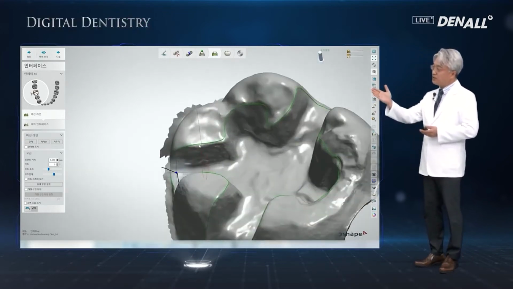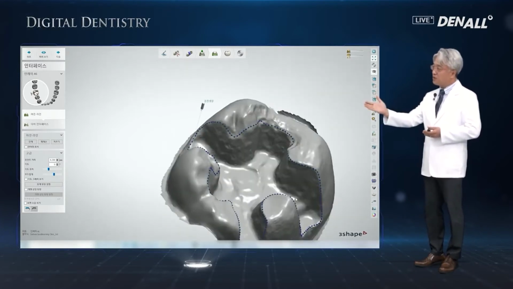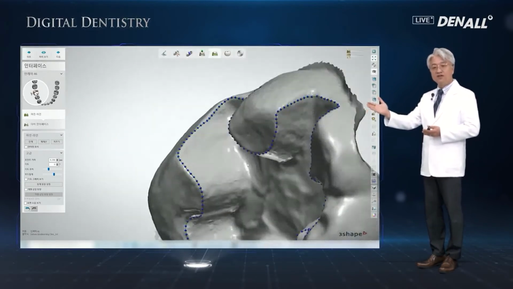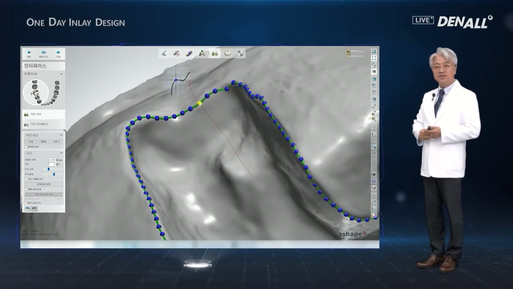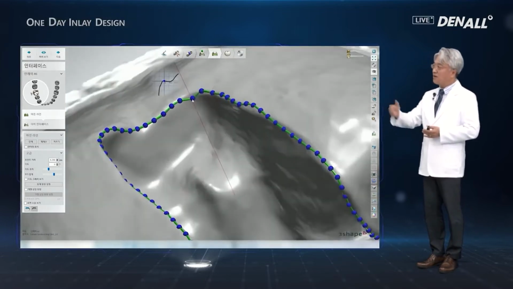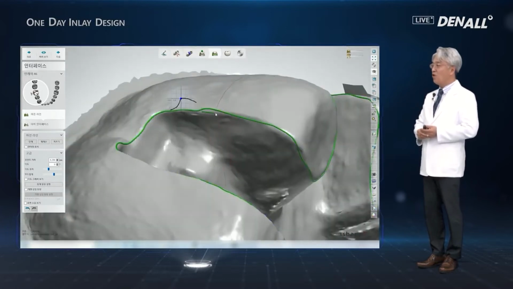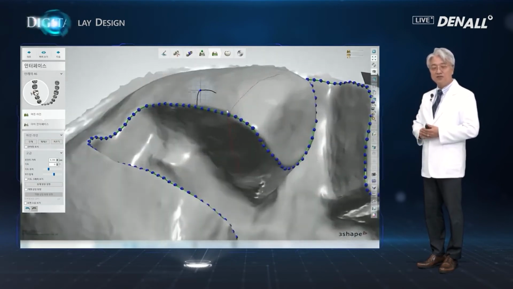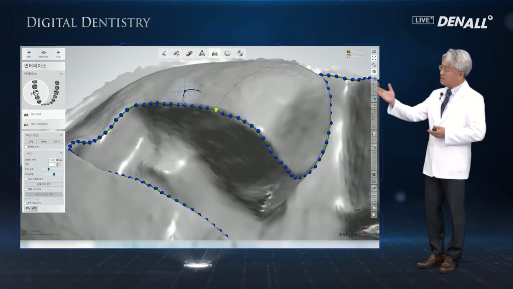So in margin setting, it takes a bit of time, and the margin setting in the current CAD software that can be done automatically is currently being developed. So very soon, this complicated step probably and hopefully can be done easily and very quickly. And I hope such a system will become available very soon. Now,